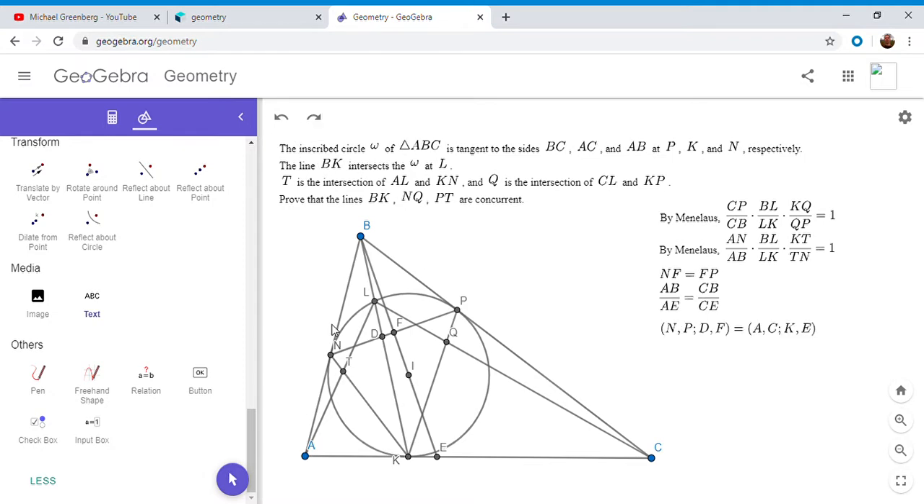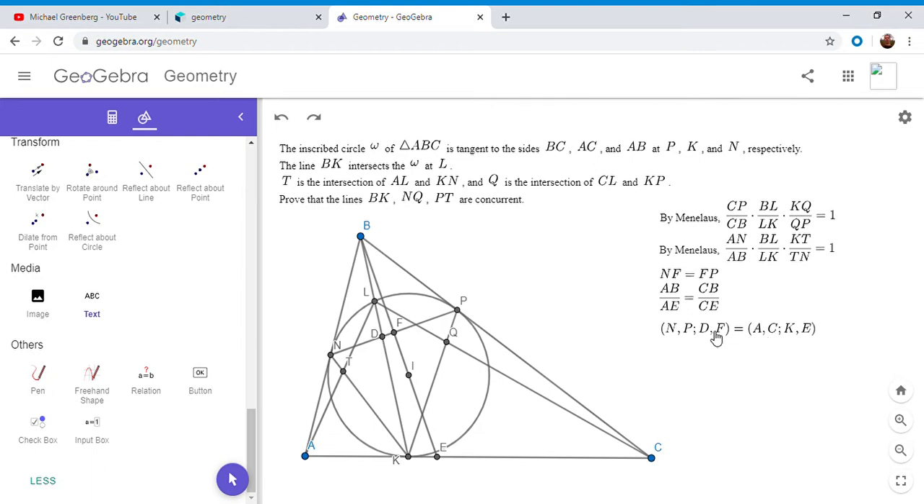So the cross ratio of the points N, P and D, F, well, N corresponds to point A. So we're taking a projection through B through these 4 points and onto line AC. So N goes to point A, P goes to point C, obviously, D goes to point K, and F goes to point E. So the two cross ratios here have to be equal, and by the very definition of the